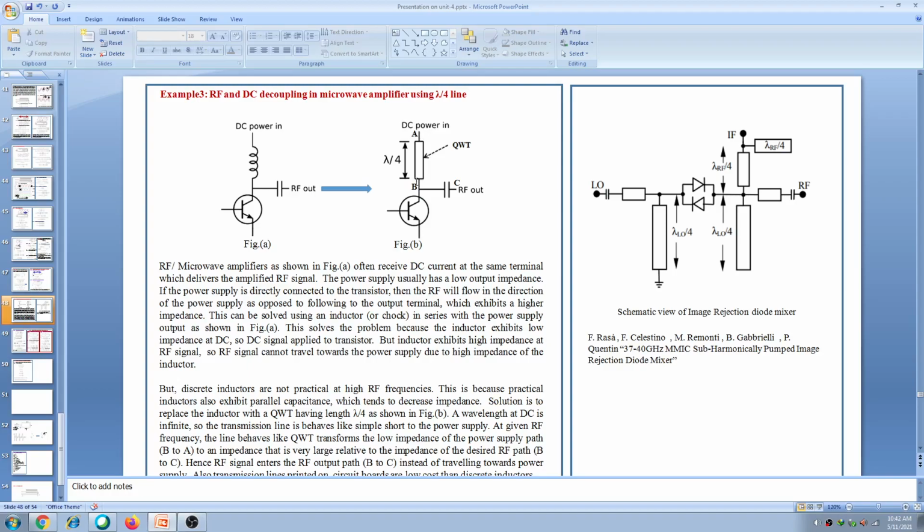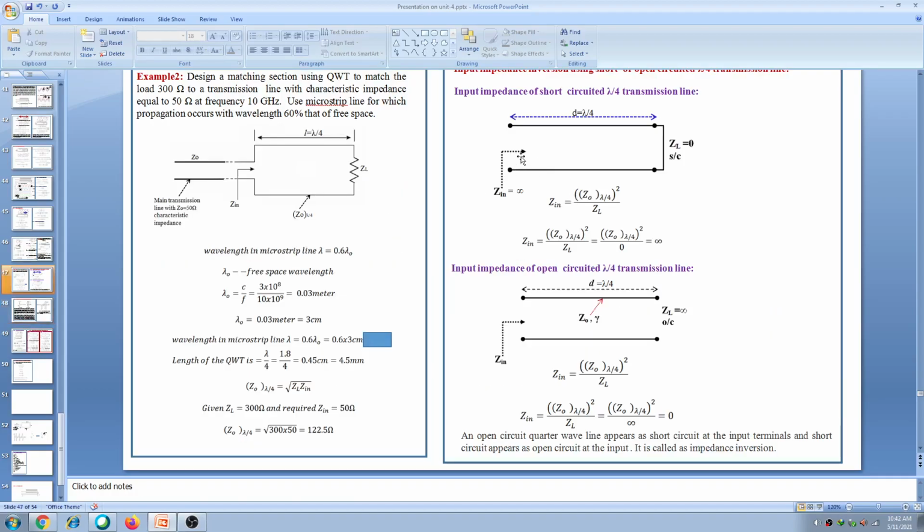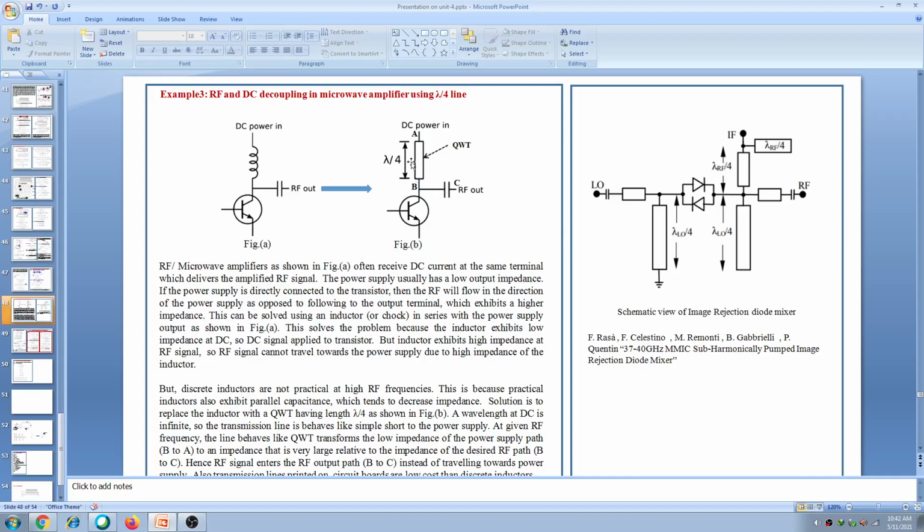At the input side, what is the impedance here? It is infinity. So like this, it is an infinite impedance. Short here, length is lambda by 4, input impedance is infinity. So now you see here, this is a short connected to the short circuit. Length is lambda by 4. What is the input impedance? Infinity at 10 gigahertz. So a 10 gigahertz signal cannot enter this DC power supply because it is acting like an